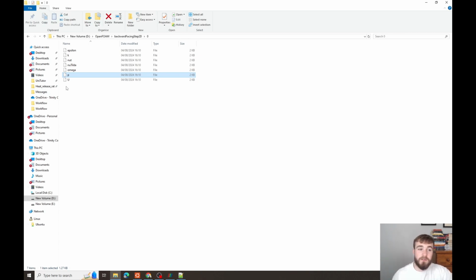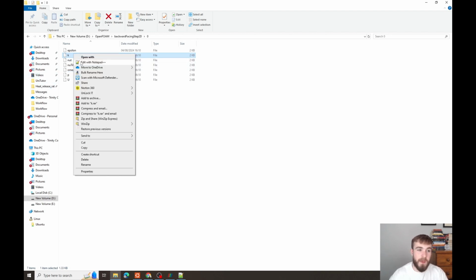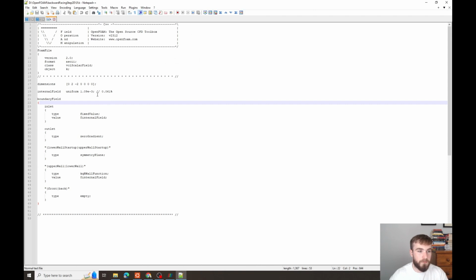So the next conditions to talk about are the turbulent conditions. In this simulation, we're actually going to be using the K omega model. So the only two other files I need here are K and omega. I just have to define what the turbulent conditions are at the inlet. In a software like ANSYS, you might have, let's say, a 5% turbulent condition, or you might define the turbulent kinetic energy value itself. In this simulation, we're going to define a uniform kinetic energy throughout the domain to initialize the simulation, and then